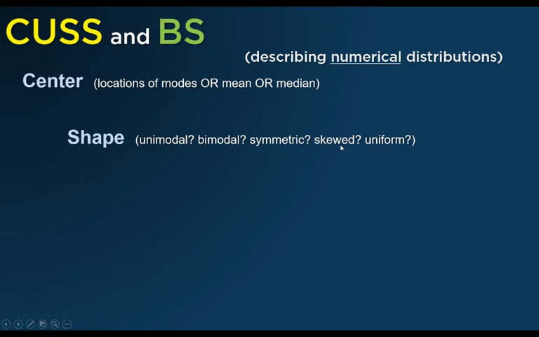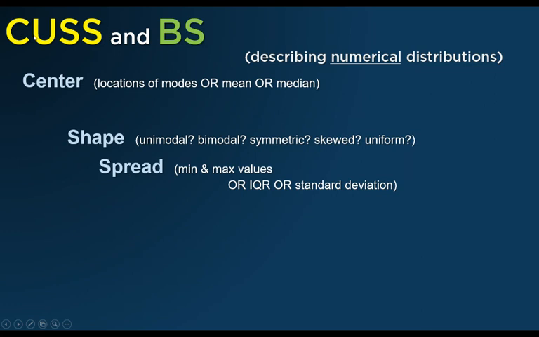Skewed is a shape, and we can have different directions for skewed, and then uniform. We're going to draw those in a minute, so you'll have a list of these with a picture, but these are the shapes that you need to know to start this course. We're going to add one eventually that's a really important shape for us in AP statistics called approximately normal. So center, shape,